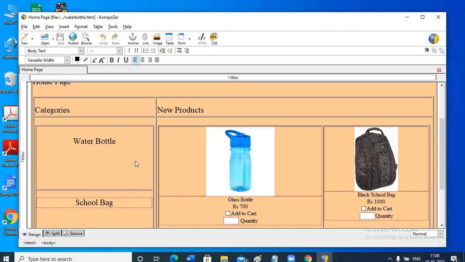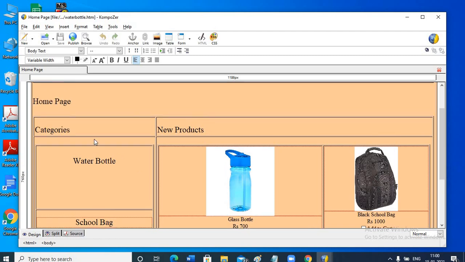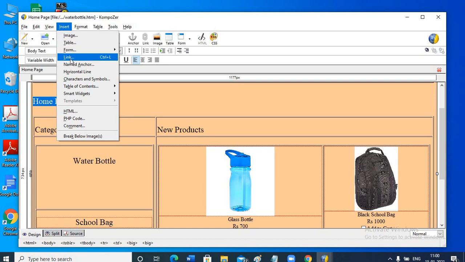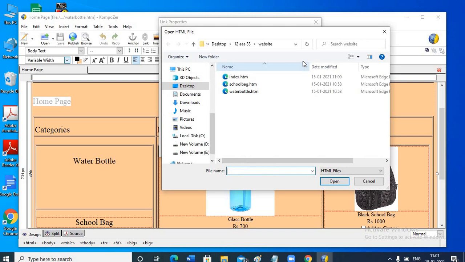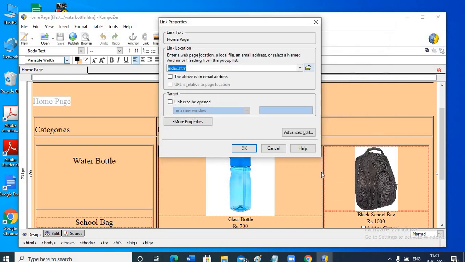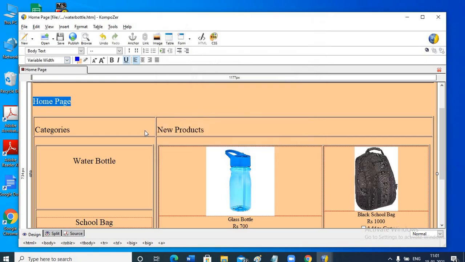I am in waterbottle.htm. So the links that I am supposed to create in this web page, I'll create a link for the home page. So select this home page, insert, link, index.htm, open, okay.